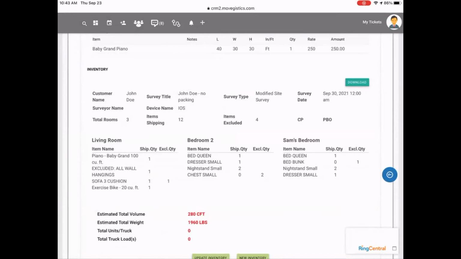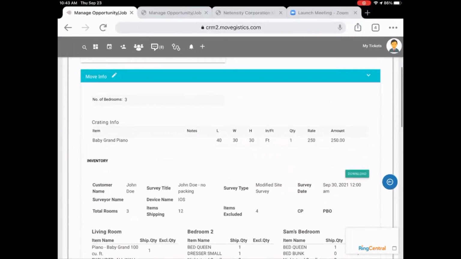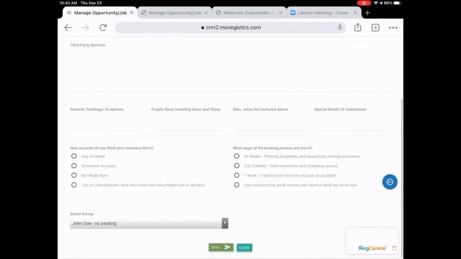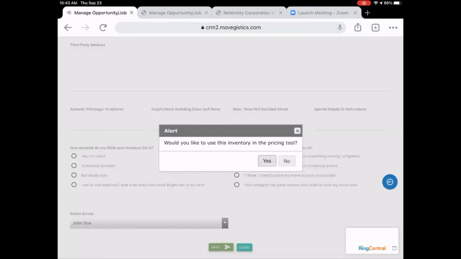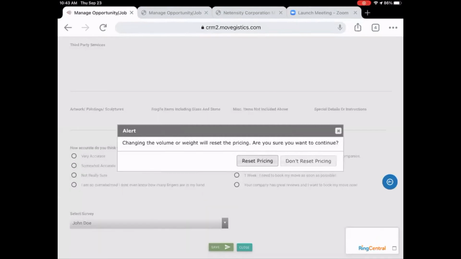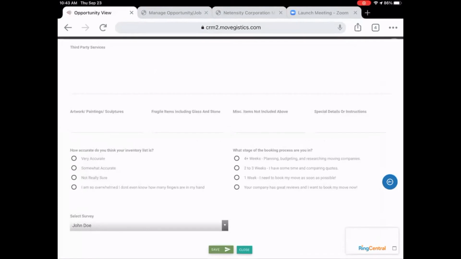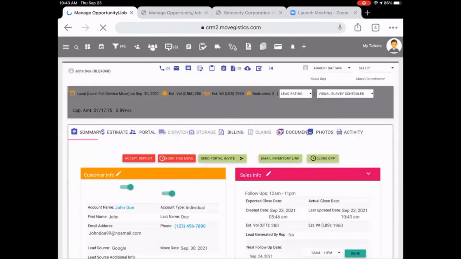If I don't want that one to be the active inventory, I can simply update my move info, and then I can change the active survey to the first one. There we go. And then the rest is the same process. You already know that. You would go to the estimate tab, put together your estimate, and send it to the